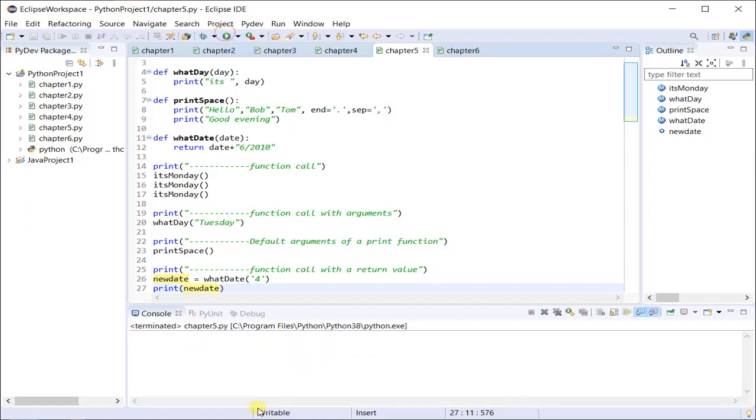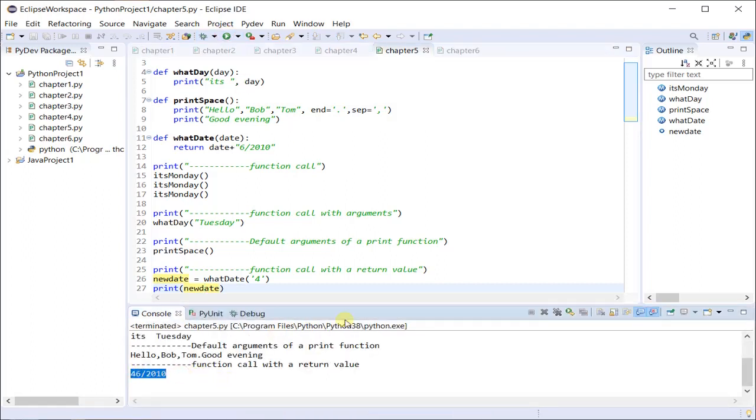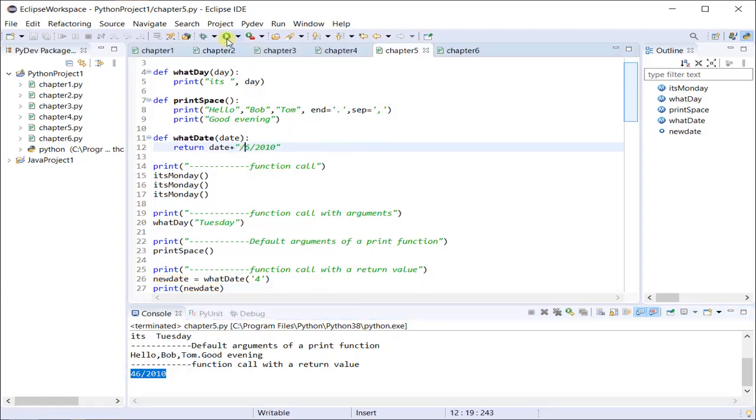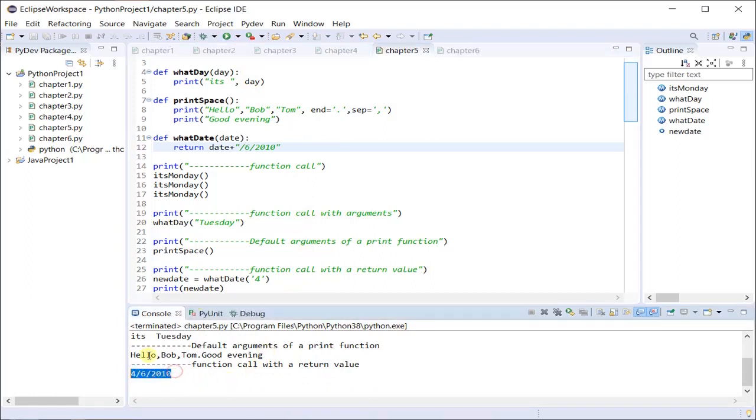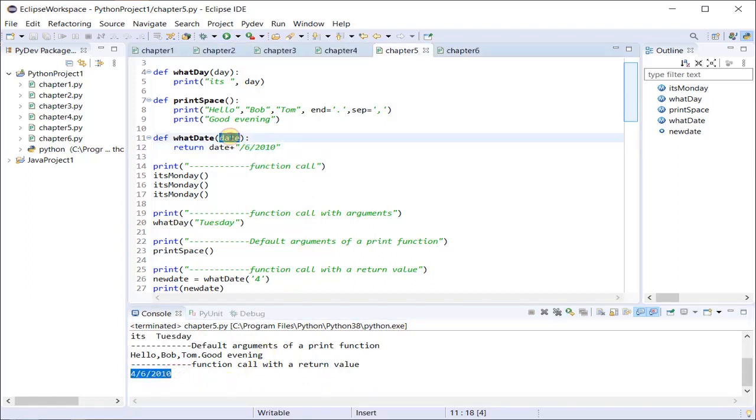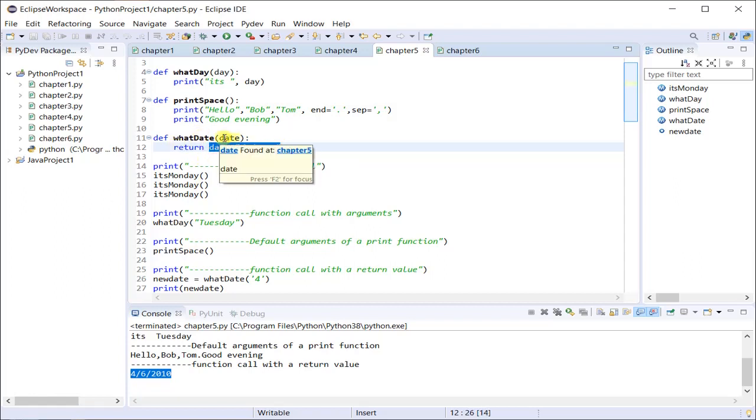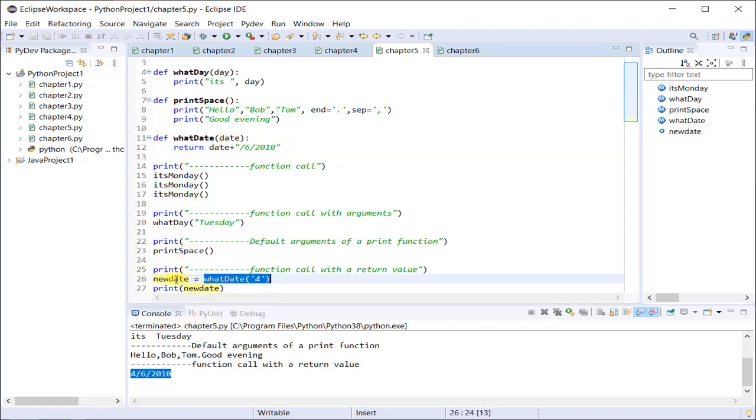So let's run it. Yep, it printed 46 2020. Let me add a / here. Yep, it printed 4/6/2020. So what it did is it appended a string, which had a number in the form of a string, to whatever text was present in the function, and it returned the entire thing. It performed the operation on my input and returned it to line number 26. So where I made the function call, I got that value in a variable and used it to print that value. This is how the function returns some value to whatever line of code on which it was called.